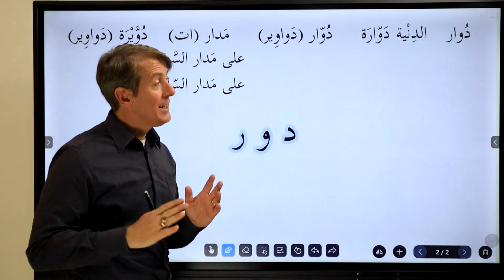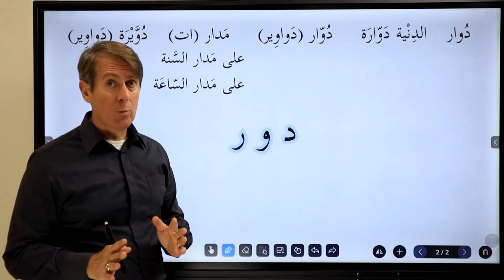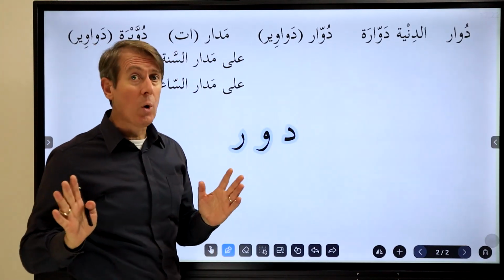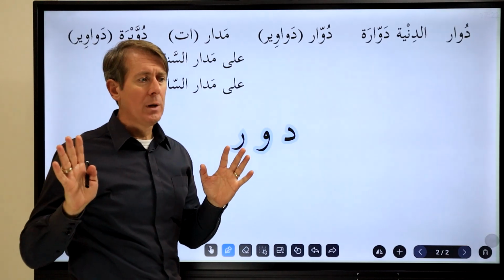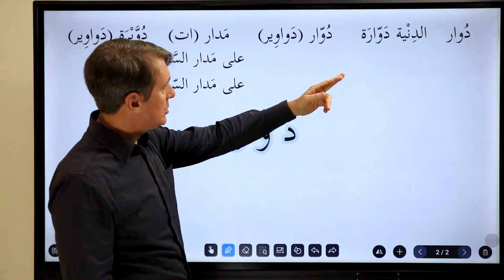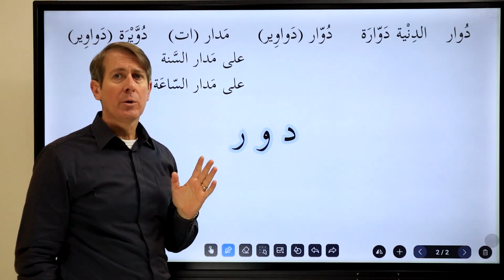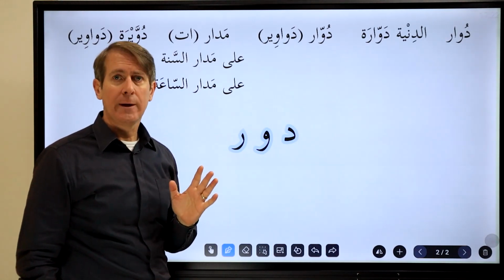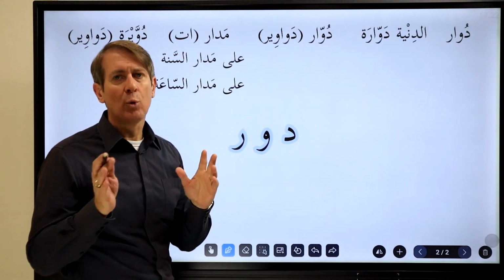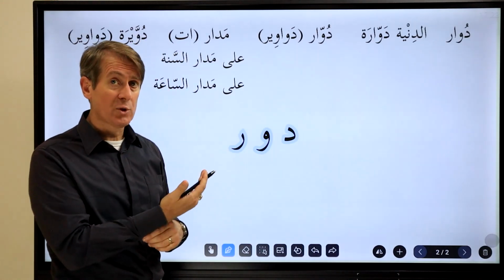Next is duar. Now these are all nouns from Form 1, and look at the difference between these. Duar has no shadde on it. So that's the only difference between duar and duwar. Duar means هو بيشعر بالدوار. When we say it, we say biduar. But if you write it, it's fusha. Duar is fusha. We don't say that.